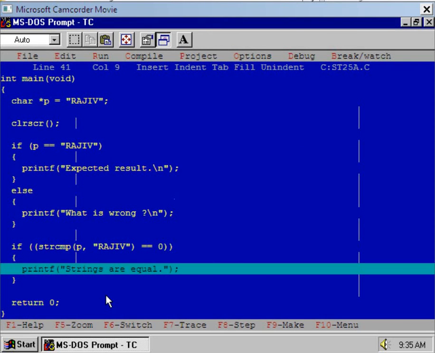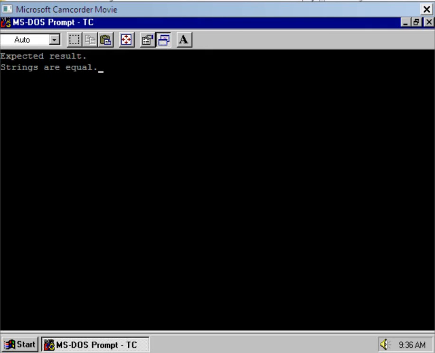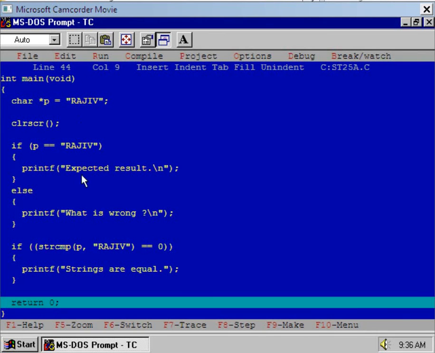Now execute it, and because these two strings are equal, the outcome of strcmp is equal to 0, and hence the if part, I mean this printf library function, will be executed. Press the F7 key and see the result at the DOS prompt. You see, the printf library function has displayed the message strings are equal. So this is the standard way of comparing strings. Is it clear to you?